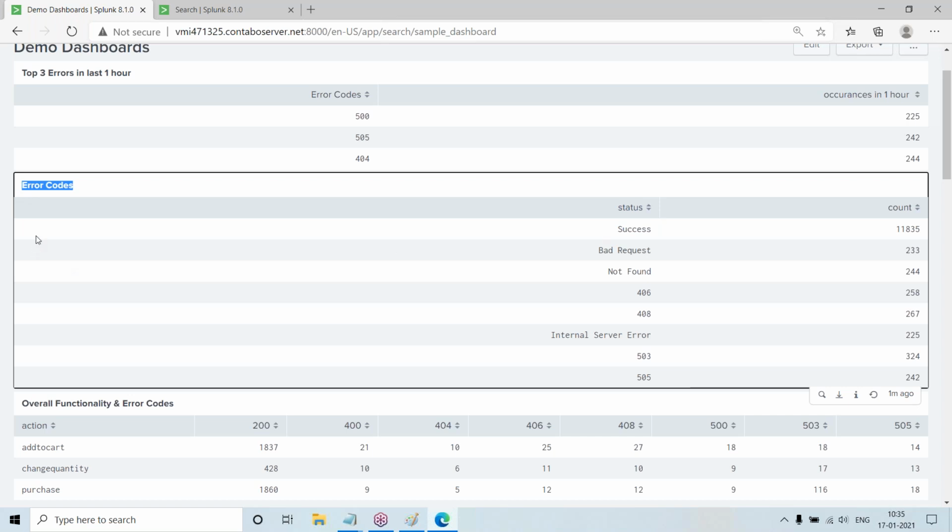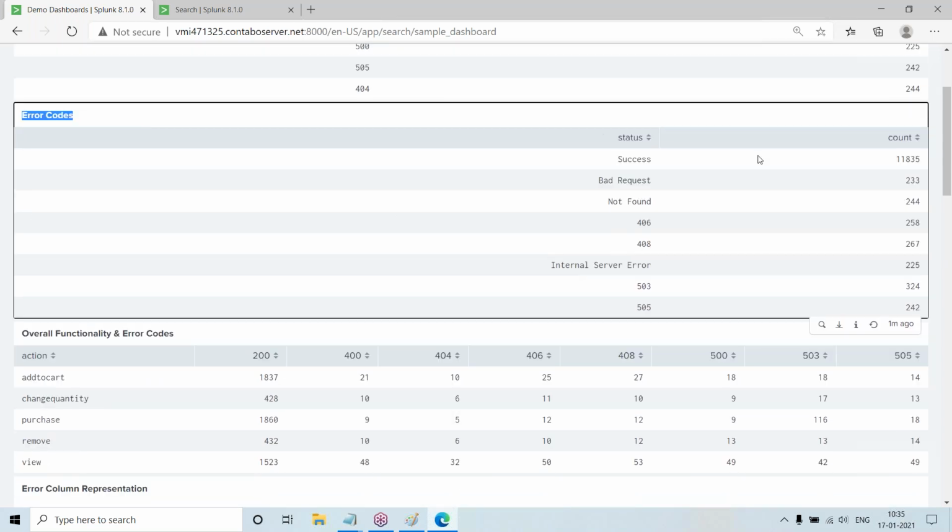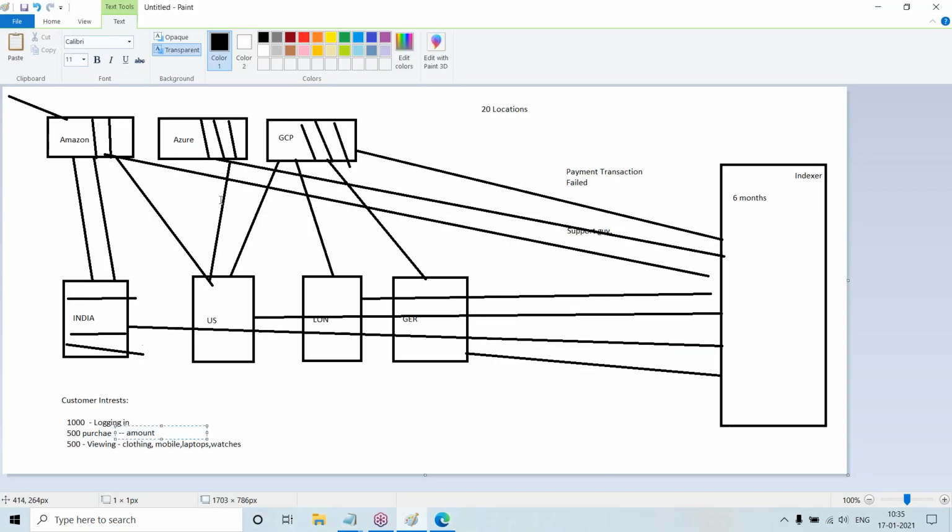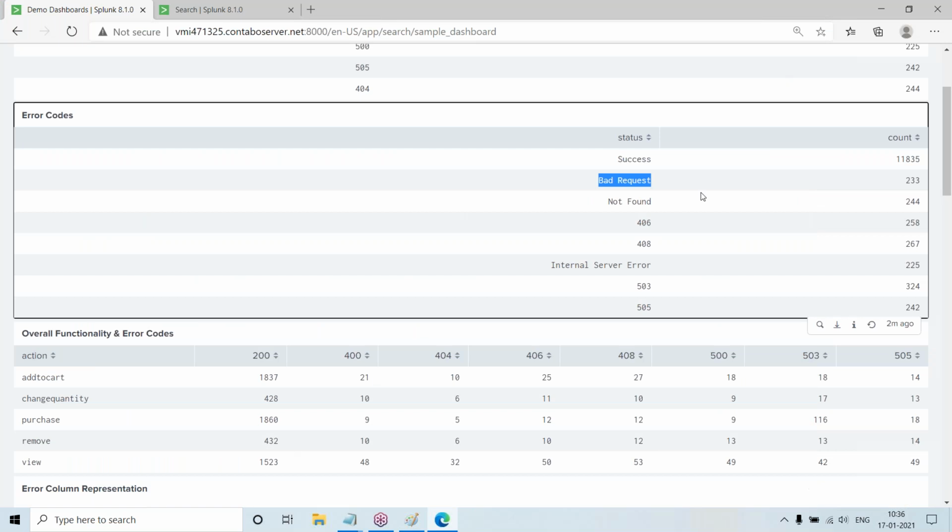Here, this setting we can modify. Here, how many success transactions are there, how many bad requests are there, in a particular 1 hour or 24 hours, we can prepare the dashboards. So this is the expectation of the customer. When you have this kind of complicated decoupled setup, it is complicated to get the information like how many passed or how many failed. If there is an error also, it is hard to find. But if you have something ready-made available, it will be easy.